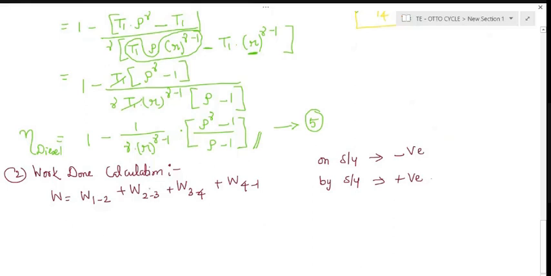So actually work done on the system takes place in the compression process, and 3 to 4 is an expansion process, where we use a positive sign. Sorry, 1 to 2 is a compression process and 3 to 4 is an expansion process. 4 to 1 is a constant volume process and 2 to 3 is a constant pressure process. Because of the compression process we can say work done on the system, so definitely we use the negative sign. Okay,